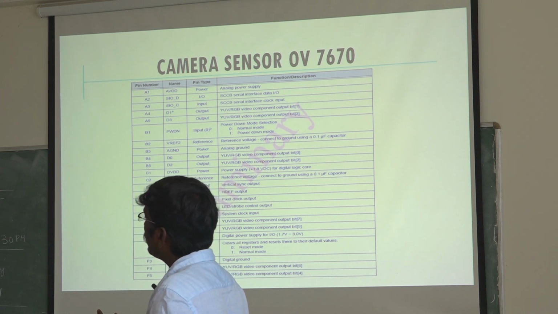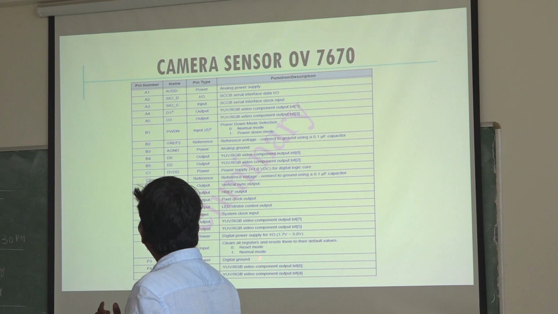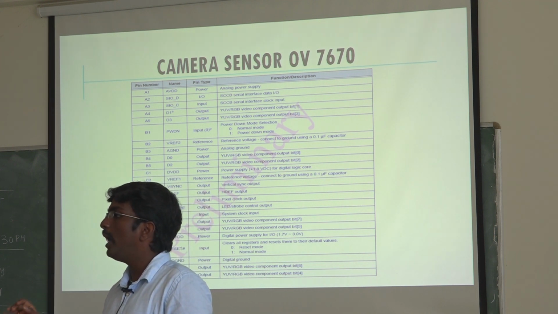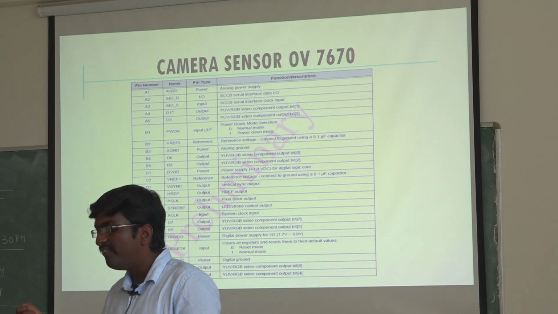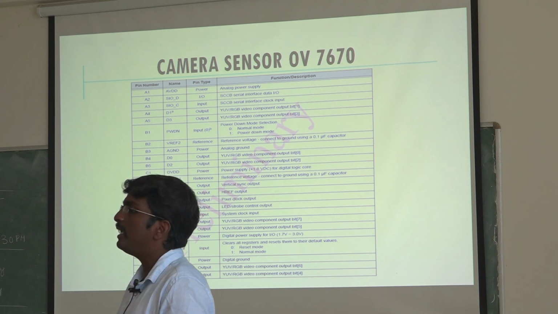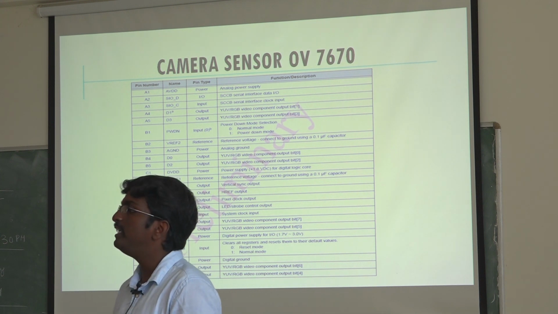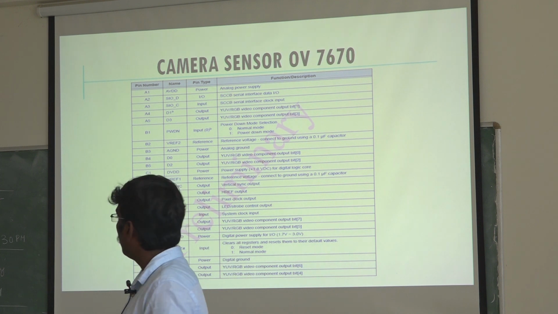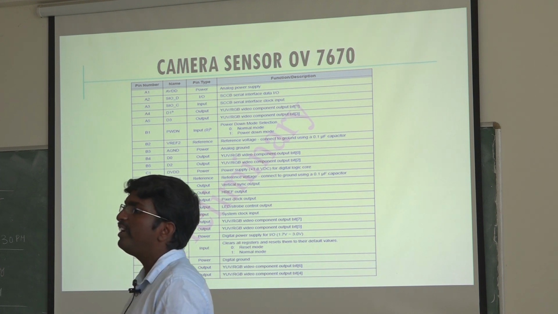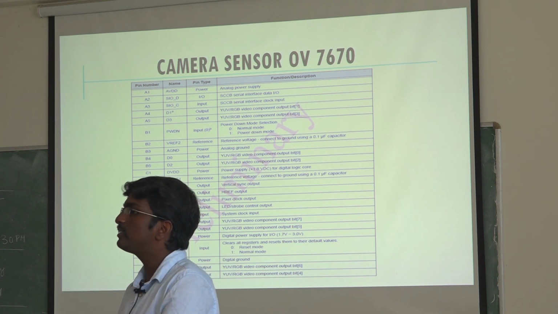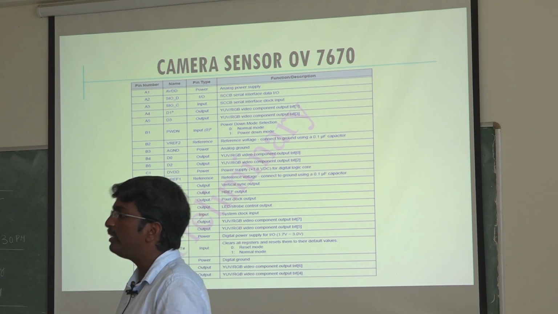It has a power down mode and reset. Your reset will clear all the registers. Sometimes your program and configuration may be correct, but whenever I power on, the initial registers may not be read properly. During that time, if I reset the registers to the initial state, it will work properly. I don't need to redump the code. So I need a reset pin. It has a reset pin, so we can do a soft reset. It's not a hard reset; through the program, we can reset it.